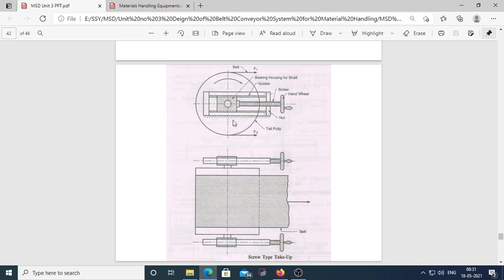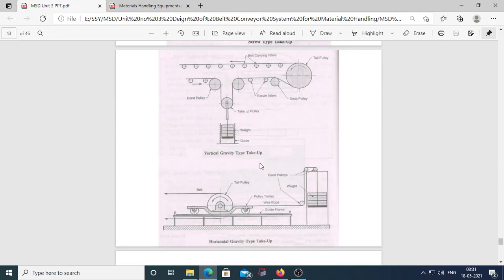And the second thing is to limit the belt sag. Okay, remember these two purposes, that's why we are using the belt take up device. There are different types of belt take up device. Screw type belt take up device.